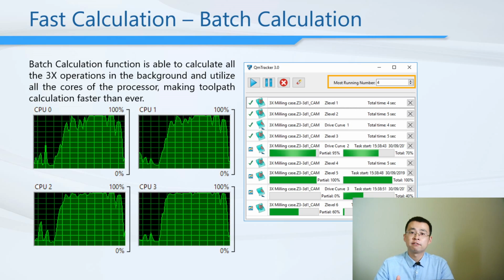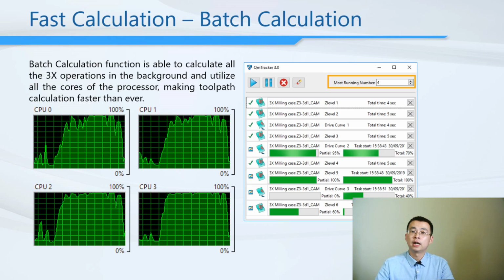It has several benefits. First of all, it calculates all the operations at the same time in the background. When ZW3D is calculating the operations, you can do your other work. Maybe you can keep designing your part, write some Word document, or just think about your next moves.